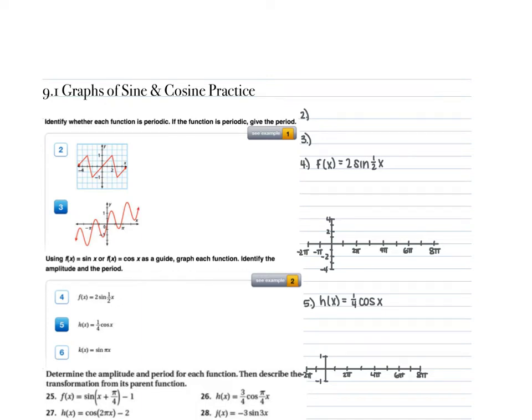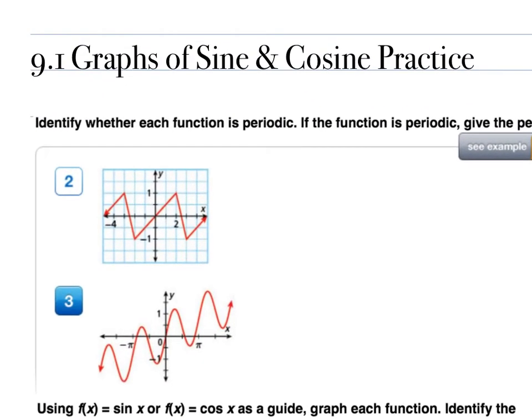9.1 Graphs of sine and cosine practice solutions. For this first part here, we're asked to identify whether the function is periodic, and if it is, to give the period. So if we look at example 2, this function is actually periodic because this entire thing is the